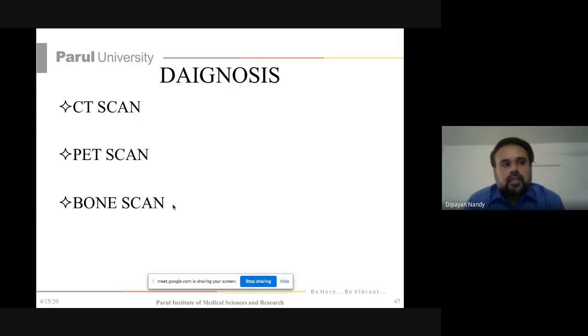But again, unfortunately, because of the availability, it is being used more nowadays. But what is recommended is that usually for stage 3 and stage 4 diseases, a PET scan could be done. For early stage 1 and stage 2, a simple sonography with chest X-ray or a CT scan suffices and a PET need not be done. If a PET scan is not available and a